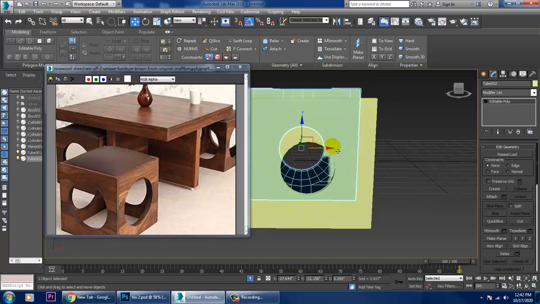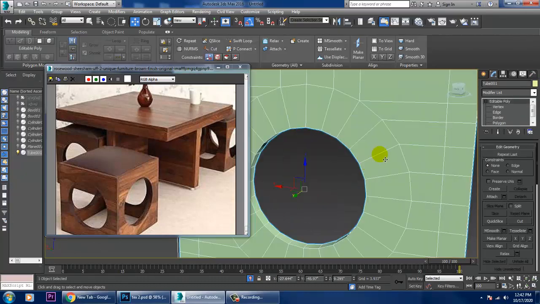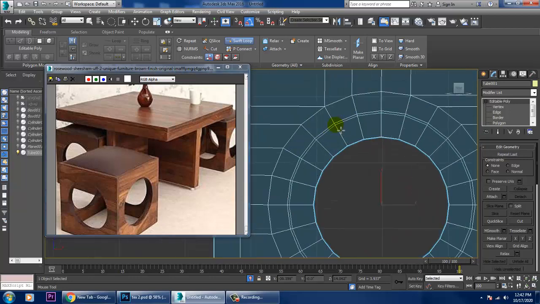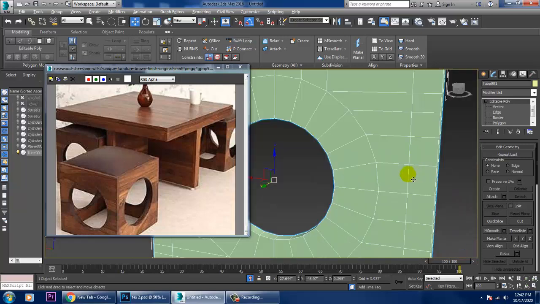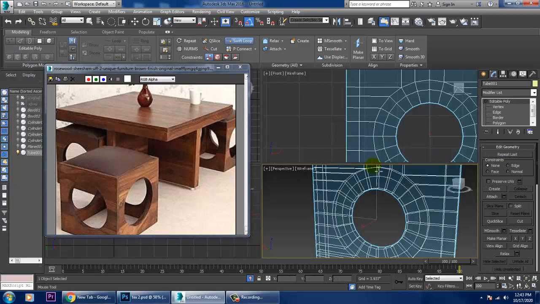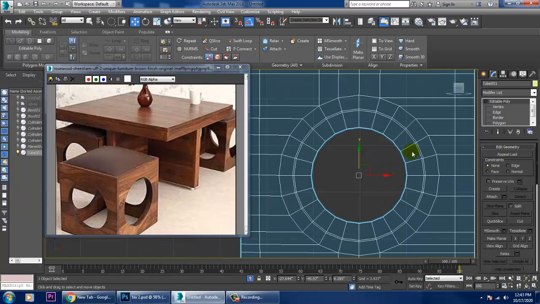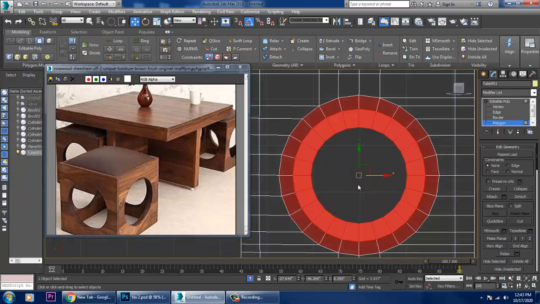That's it. So before we go with that, I'll again go into this and I'll place one loop over here. Okay, so let's go into this and let's make a selection like this over here.